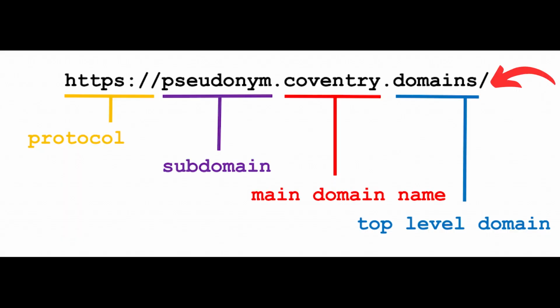So once we have found the domain registrar that we will be using, the next thing that we need to do is choose the actual domain name. One super important part of this is the top level domain that you choose. The top level domain is what comes after the dot in your domain name, so things like .com, .co, .ca,